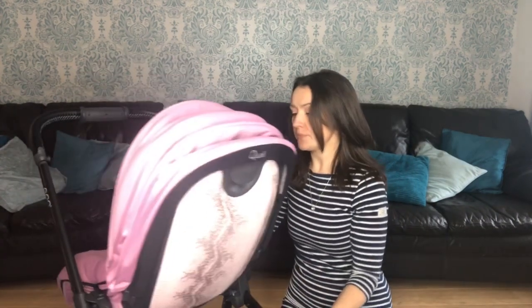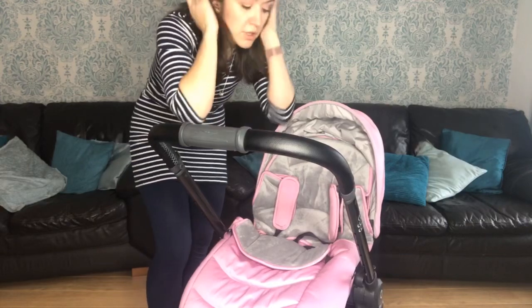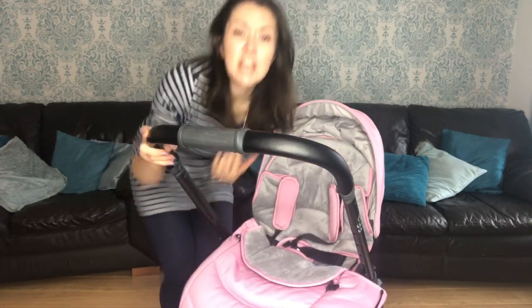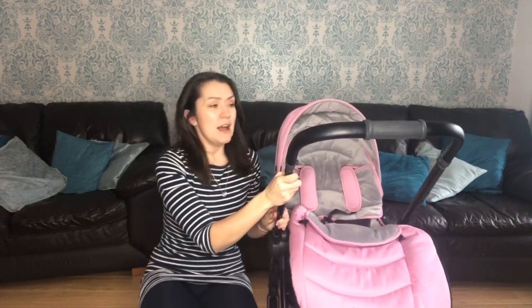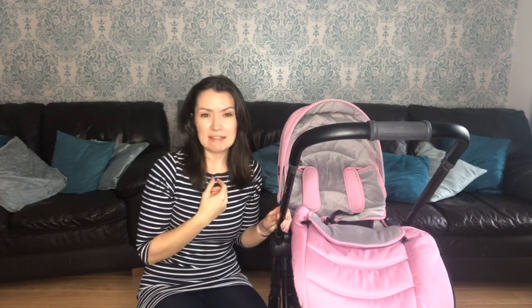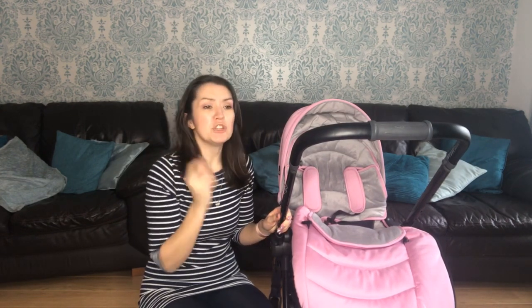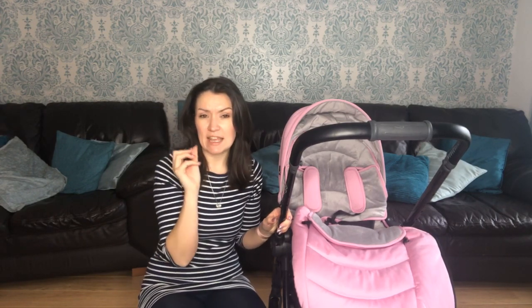So before I collapse it, let me just show you the foot muff. Basically, now this is just a general point as opposed to something about this pushchair, but I personally think that if you are going to invest money in your pram, which you are, let's face it, and you want it to last, always, always, always invest in the liners or the foot muffs to go with it,